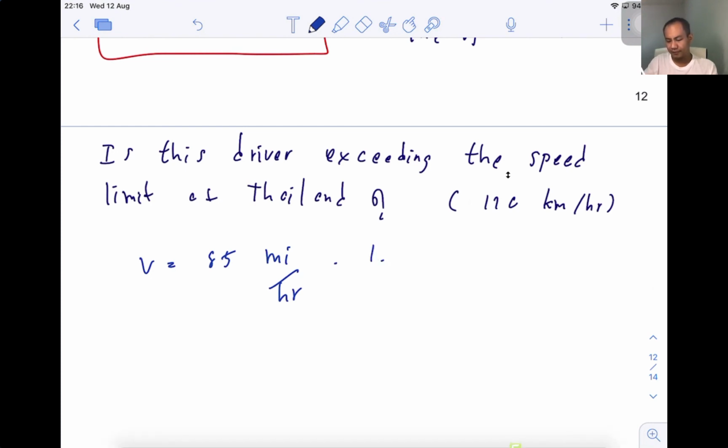V times 1.609, because 1 mile equals 1.609 kilometers, so we just use this from mile to kilometer, and we keep hour. If you calculate this number, you will get V equals 137